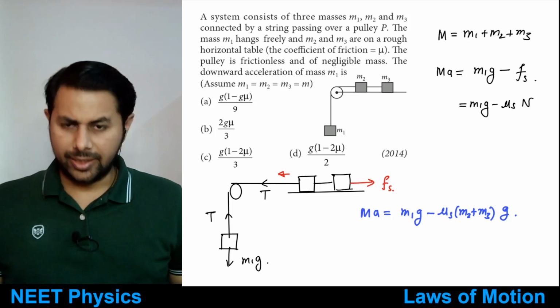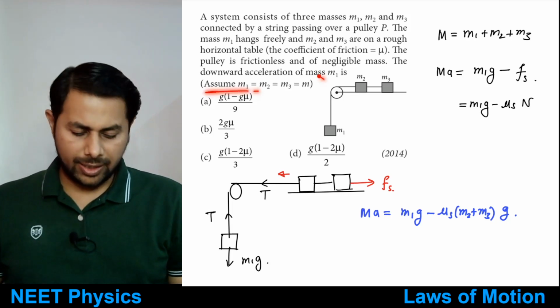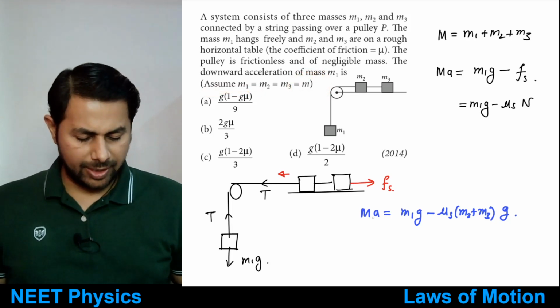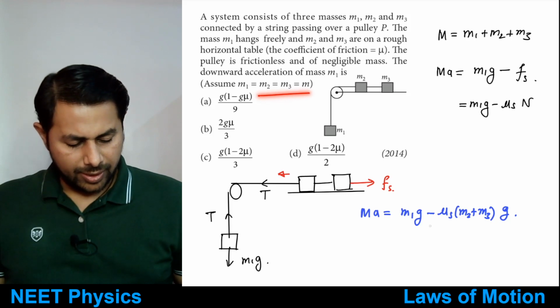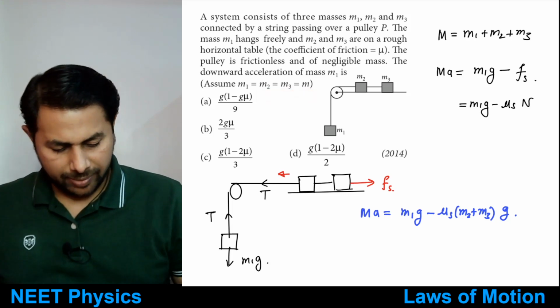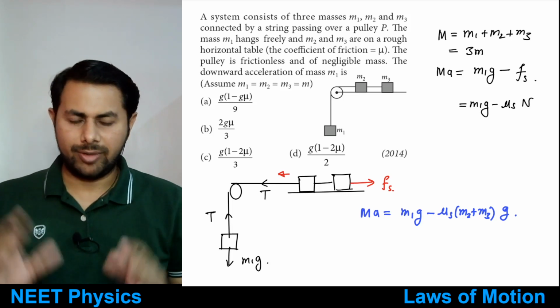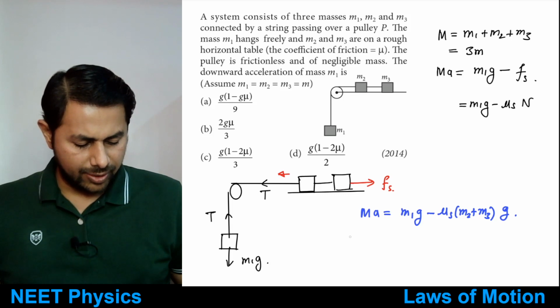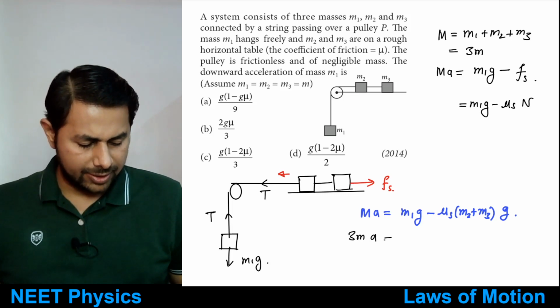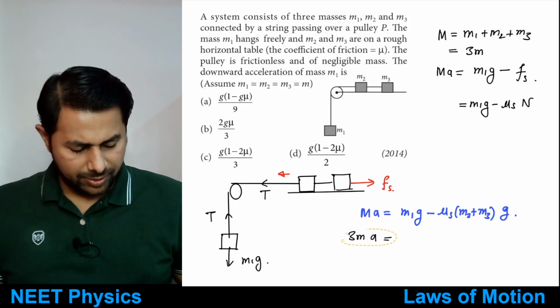And then what's given? Assume that m1, m2 and m3 are equal to m. So just replace m1, m2, m3 by small m. So this total mass is equal to what? 3m, because it's m1 plus m2 plus m3. So 3m multiplied by a is equal to m1 times g, that is m times g,